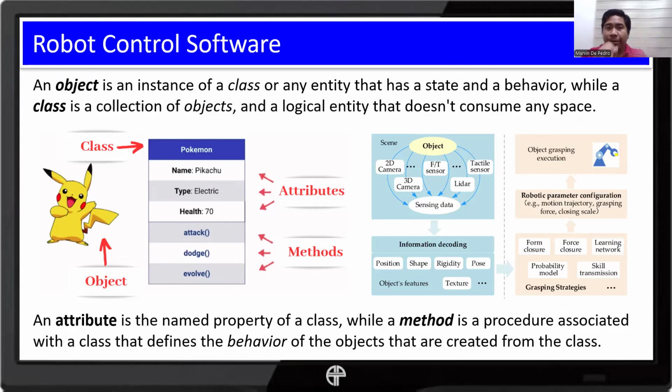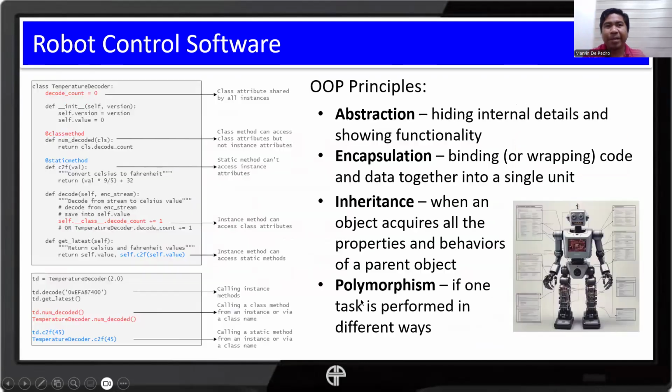Just like in Google Form, the entire form, once you submit it, becomes an object. Everything that you listed are attributes or the values for the required fields. Okay, the fields are the attributes. And then whatever the coding, the logic for that form that you have submitted, will be composed of methods. Okay, so that's it for this part.